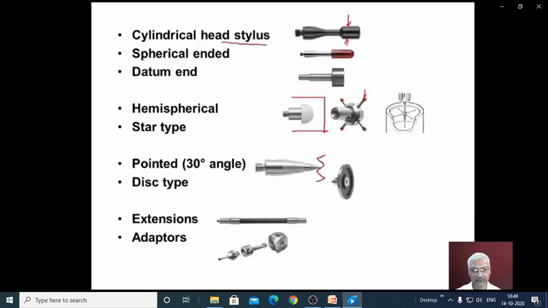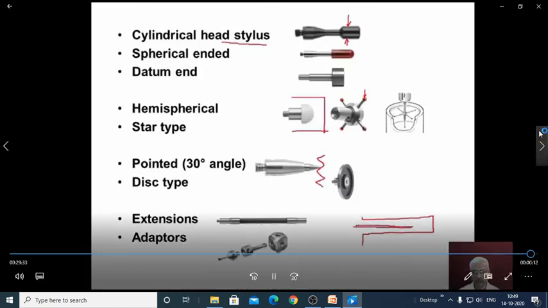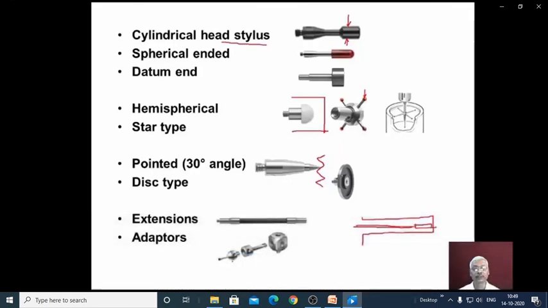threadings, and then extension rods are possible to measure very deep hole details. So extension rods can be used, and at the end we can have the stylus. And adapters are also possible between the probe head and the stylus tip.